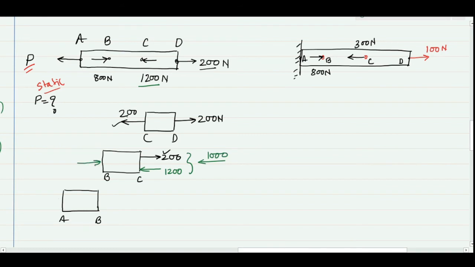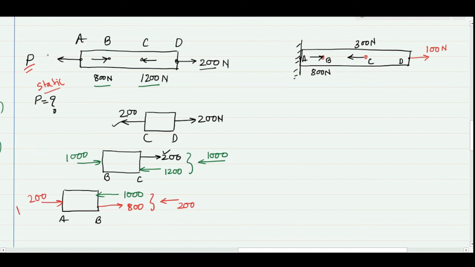So by looking at the force on the right side, we can write the force on the left side, which will be equal and opposite to this. As we are having 1000 Newton here, an equal and opposite 1000 Newton will come here. In addition to this, we are having an 800 Newton force. So let's put this 800 Newton force acting towards the right. The algebraic sum will give a net force of 200 Newton acting towards the left side. So equal and opposite to this, 200 will be here, and this is your P.